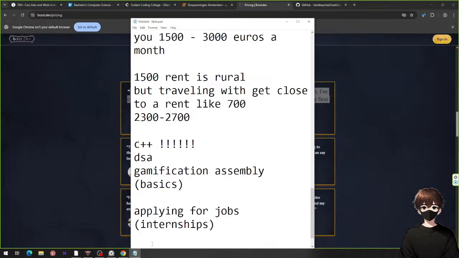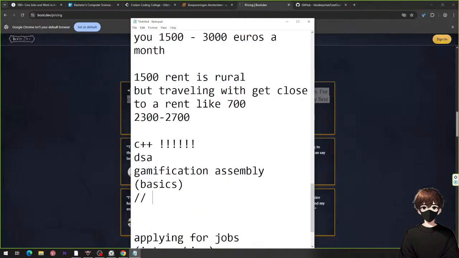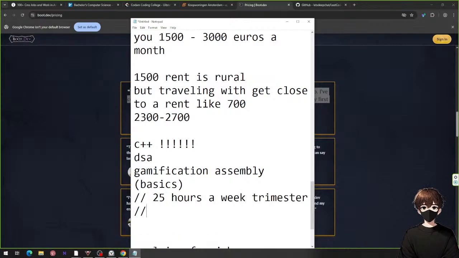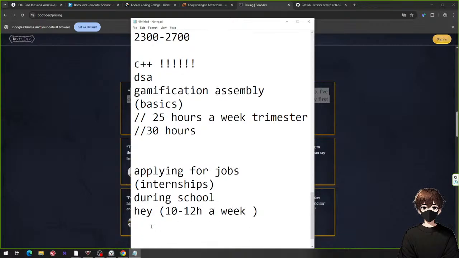You want internships during school, and if you know these things, the structure, algorithms, gamification, those kinds of things, then an average of school time is gonna take you like 25 hours a week, depending on the season, right? Trimester. So sometimes it's 30 hours. And you ask the internship, hey, 10 to 12 hours a week. They do this here, and they will give you money as well. They will give you like